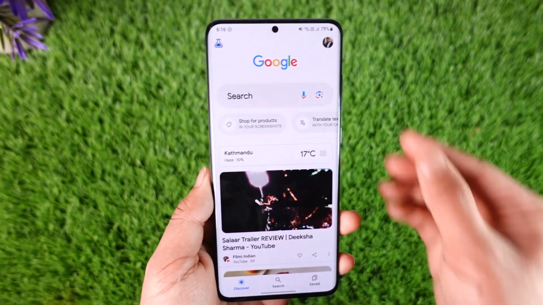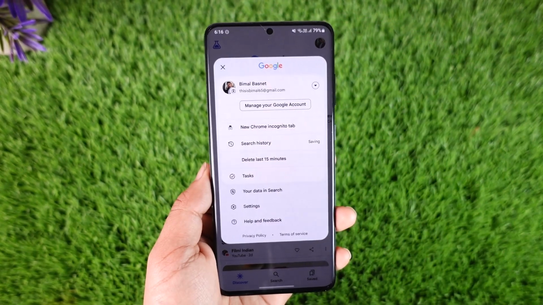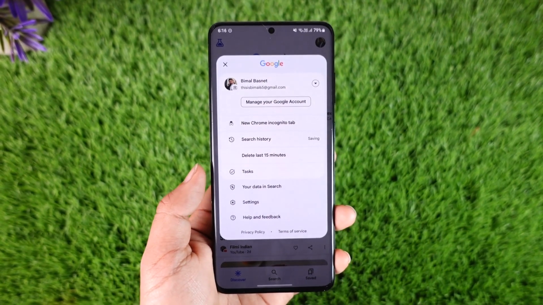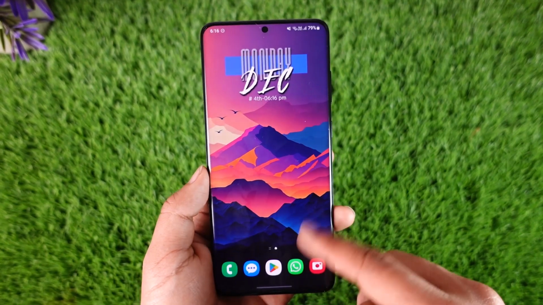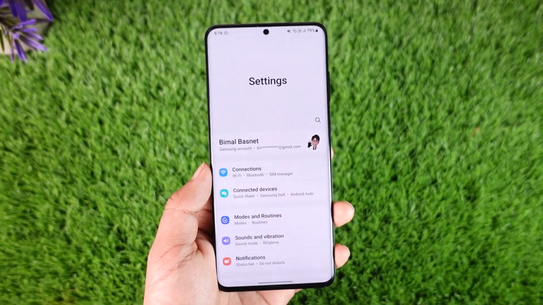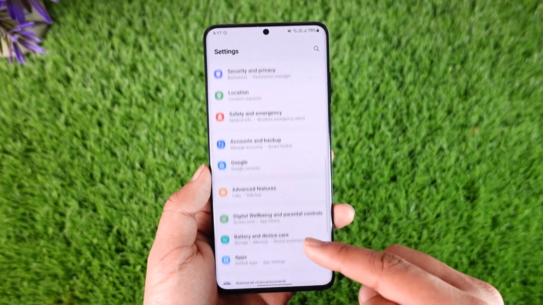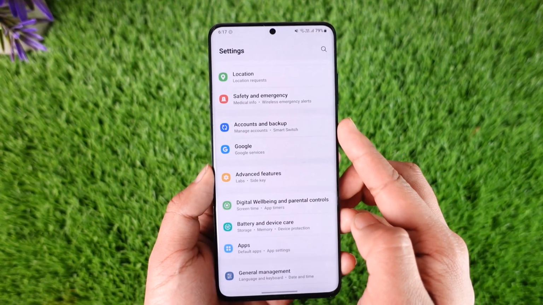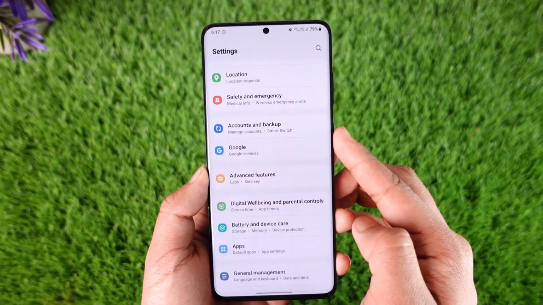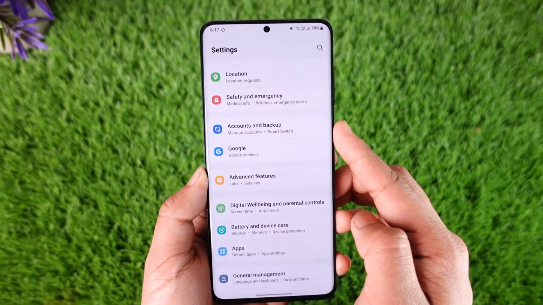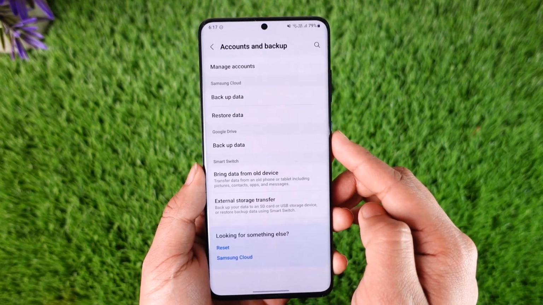Now keep in mind that on Android, to remove your Google account or log out of Google account, you have to remove the Google account from your Android device itself. And to achieve this, you have to open up the settings application on any of your Android phones and then go to an option known as accounts and backup. Now in my case it's written as accounts and backup. In your case it could be written as something different, so you want to look for this option here